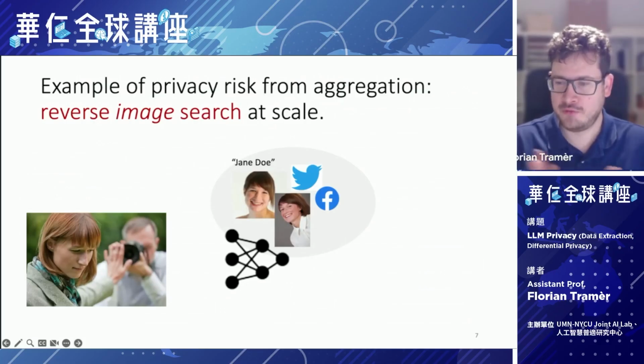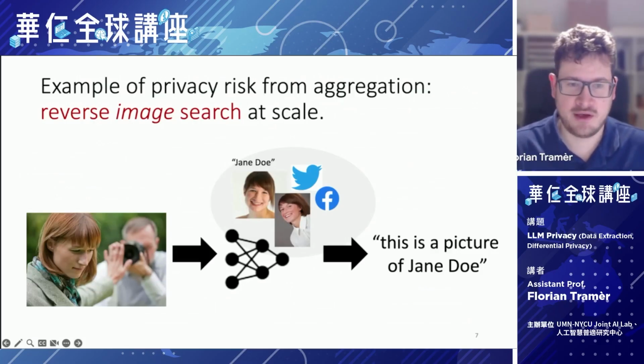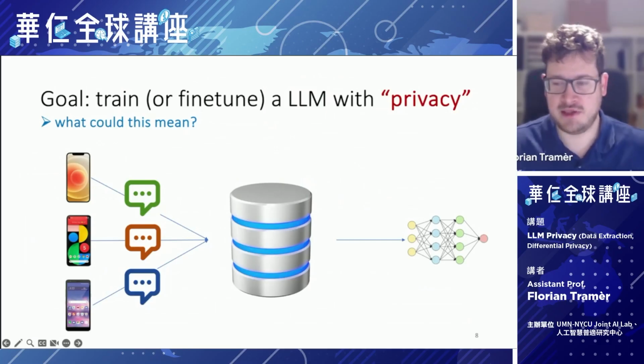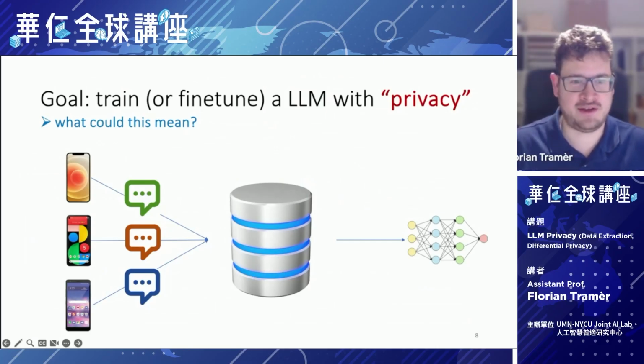Okay, so for now, we still haven't really fully defined what it means to train a machine learning model or a language model to be private. And so we're going to talk here about different ways of trying to define this. So different ways people have thought about defining what it means to train or maybe even fine-tune a language model with privacy. So the setting we'll consider here is that there's a whole bunch of sources of data, of training data. These could be individual users of a system, like maybe the text messages of individual people. This could also just be different sources of text, say from the web,